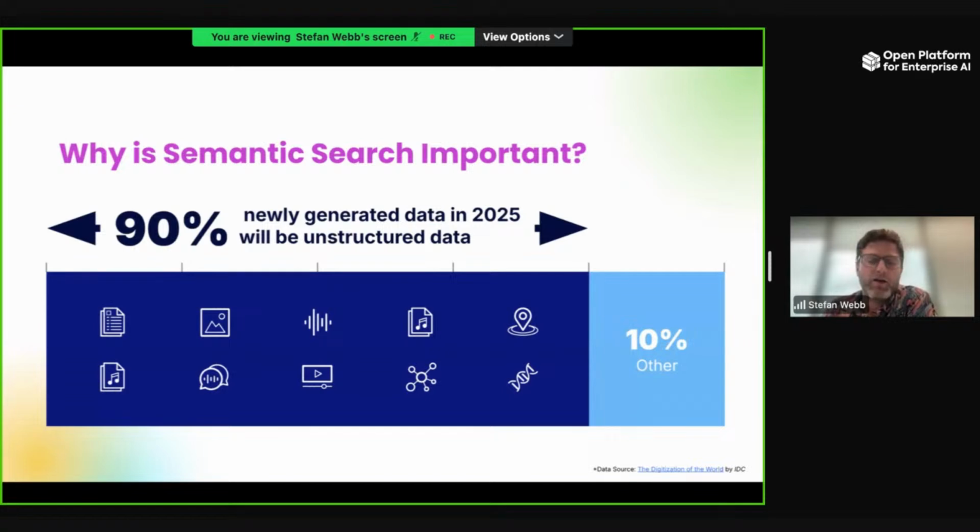By unstructured data, we mean everything from documents, images, audio, maybe conversations online, graphs like social network graphs, geolocation data, even biotech data like DNA strings, point clouds for molecules. All of that is unstructured data, and we really need semantic search to make sense of it.